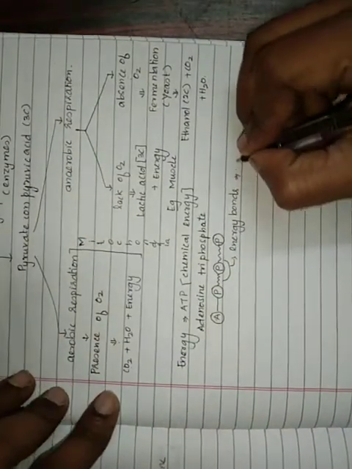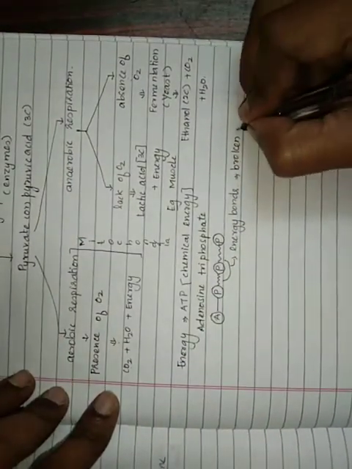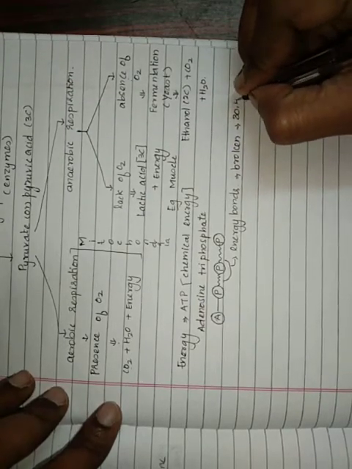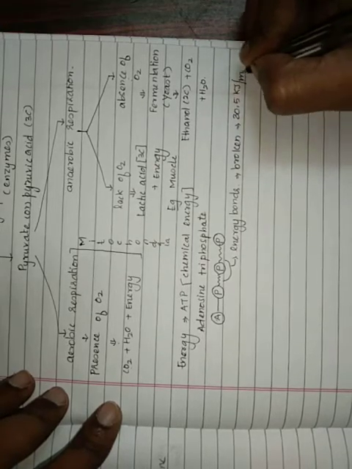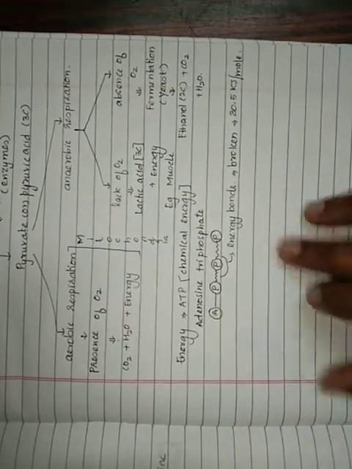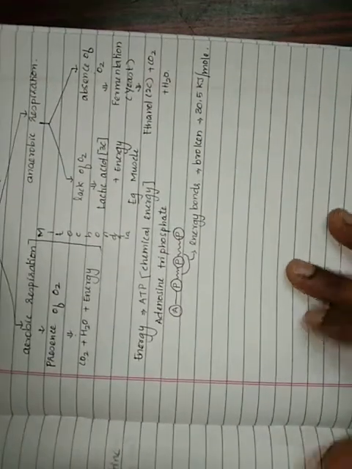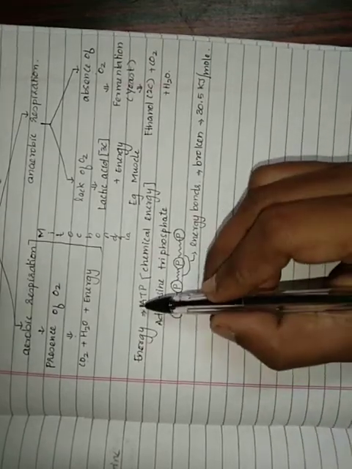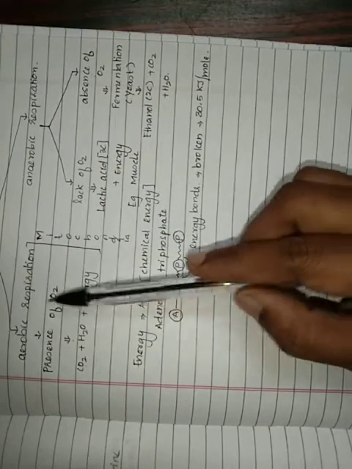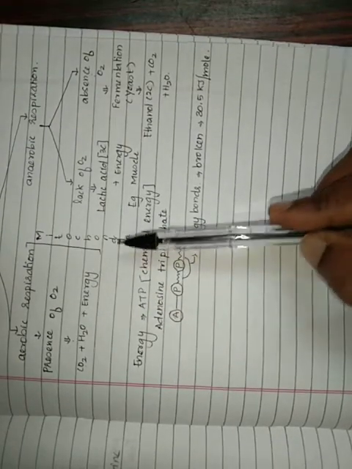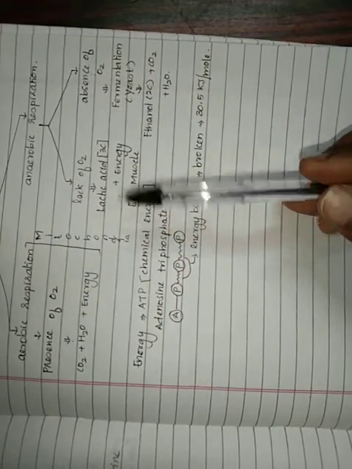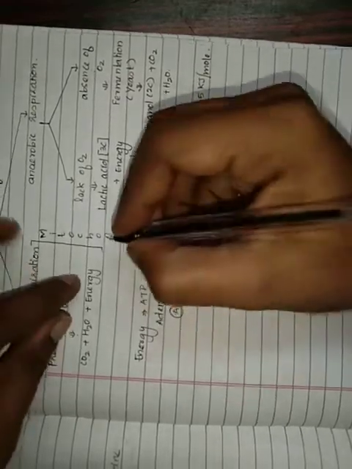So when these energy bonds are broken, they can release up to nearly 30.5 kilojoule per molecule of ATP. So this is why ATP is called the chemical energy. And the production of ATP is going to happen in mitochondria. Energy is going to be produced in mitochondria mainly by aerobic respiration. It is produced in mitochondria. So mitochondria is called the energy powerhouse of the cell, and this ATP is called the energy currency